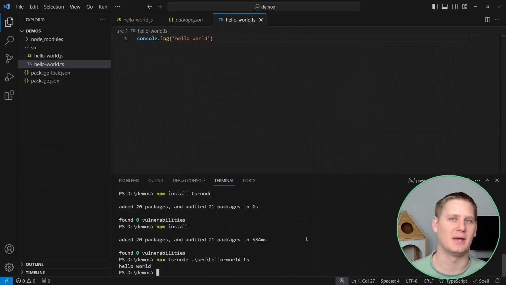To break down this command, first we said npx. npx is node package execute. Technically speaking, we didn't have to install ts-node as a dependency. If we didn't, npx would actually download ts-node for us and use whatever the latest version is. However, because we did install ts-node first, it will use the ts-node from our node_modules instead of just whatever